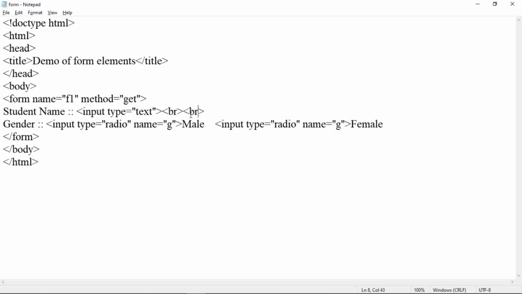control. Now to understand the use of a checkbox, see, after every control you must use this pair of BR tags to have every control on the next line. So let us use here a pair of BR tags. After that, to understand the use of the checkbox control, add here a label, that is hobbies. And now let us add different hobbies in different checkboxes. So to have a checkbox, use input type is equal to checkbox.